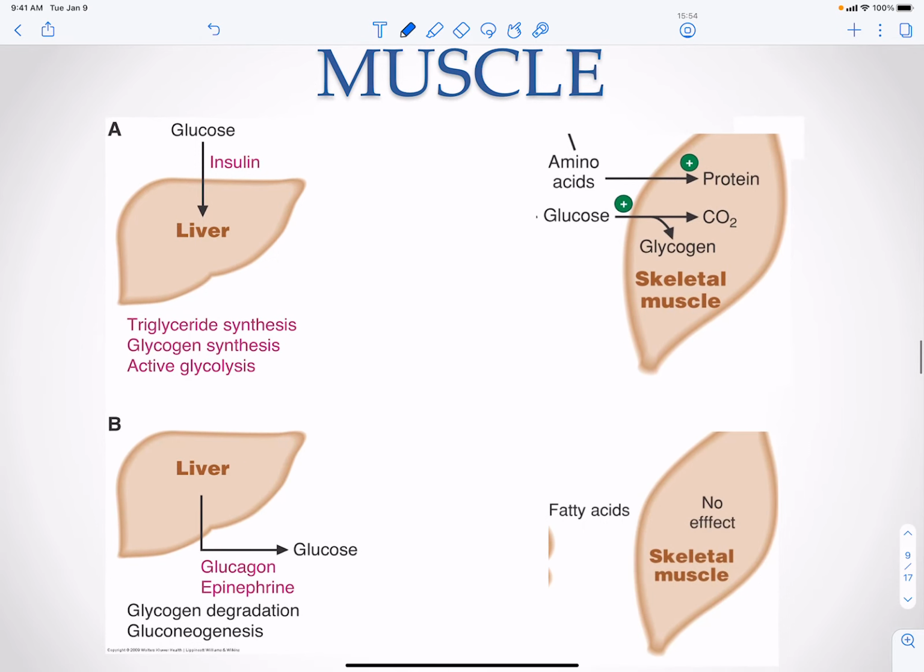And then our third organ that's very important for fuel homeostasis is our muscle. And so with respect to our muscle cells, we're going to have, again, in the presence of insulin, you're going to have your muscle cells pick up glucose. This is very important because when you take in a high glucose meal, your muscle cells are going to be really key to getting that glucose out of your blood so that you don't become hyperglycemic.